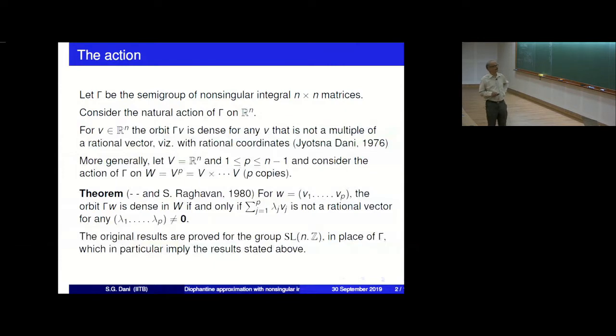You see that if such a linear combination is a rational vector, then the same combination will remain rational with certain bounded denominators, and hence it will consist of certain sheets in the n-dimensional space, so that it will again not be discrete. So this is a necessary condition, and the theorem is that it is in fact also sufficient. And again, just like in the previous case, the theorem initially was about SL_n(Z), but the same thing holds for the action of Gamma, which is what I'm going to focus on now.